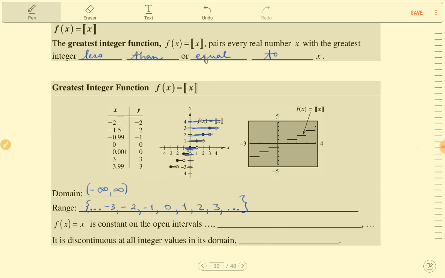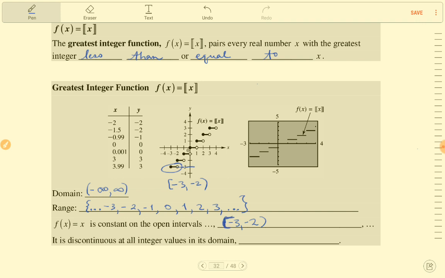F of x is constant, so the function, the y values, are constant on open intervals. So, well, every step is a constant piece. So it's constant on the open interval right here for this one. That would be, it's constantly -3, but just in between x values of -3 to -2. Okay, so we will put that down though like that, without